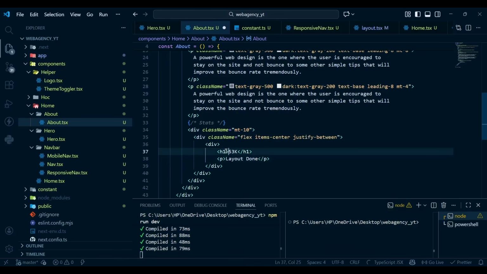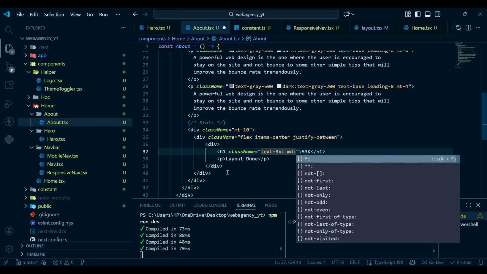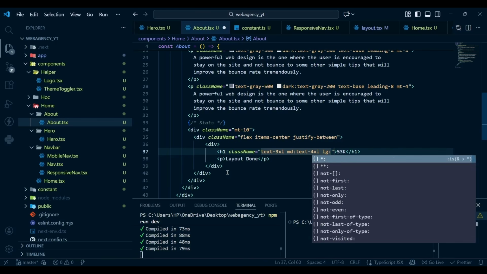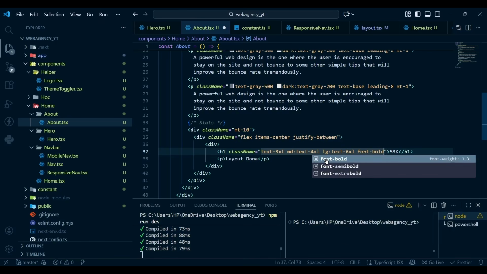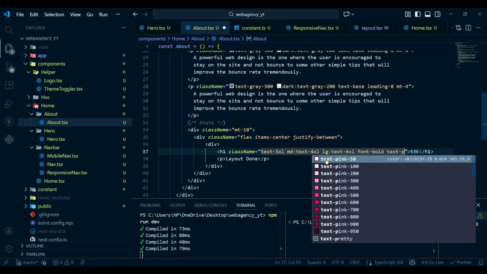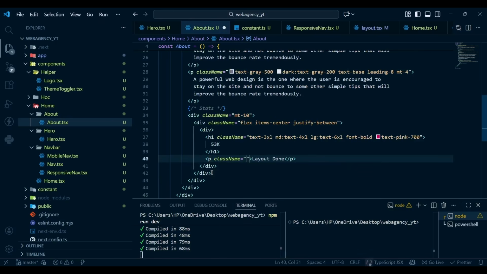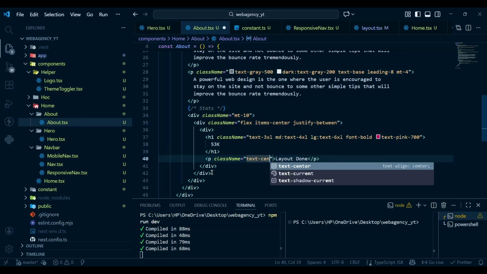Now this h1 has a class name of text 3xl, in medium screen text 4xl, in large screen text 6xl, font bold, text pink 700. That's it. And for the p tag, this one will have a class name of text center,